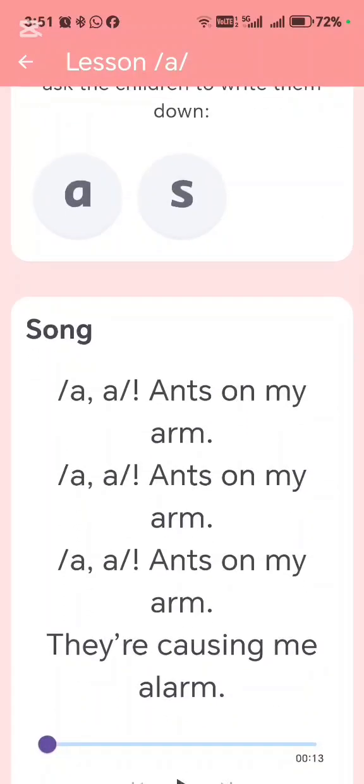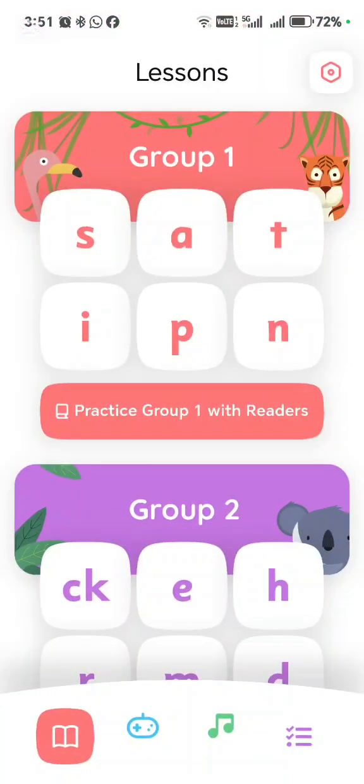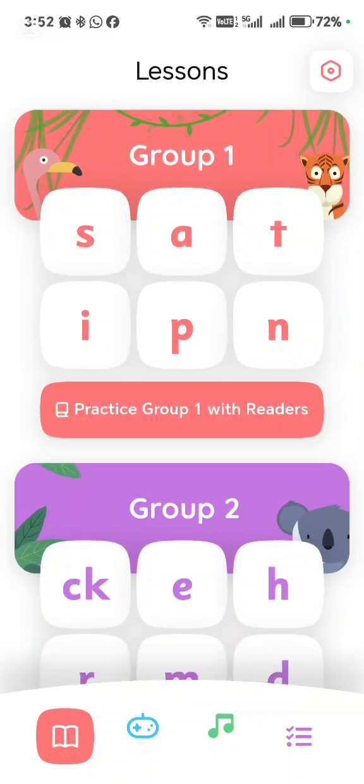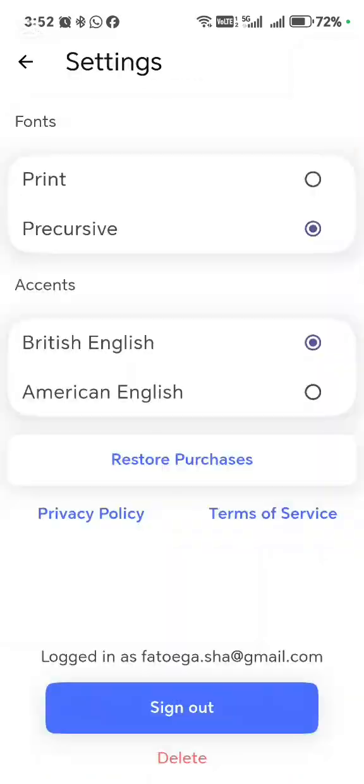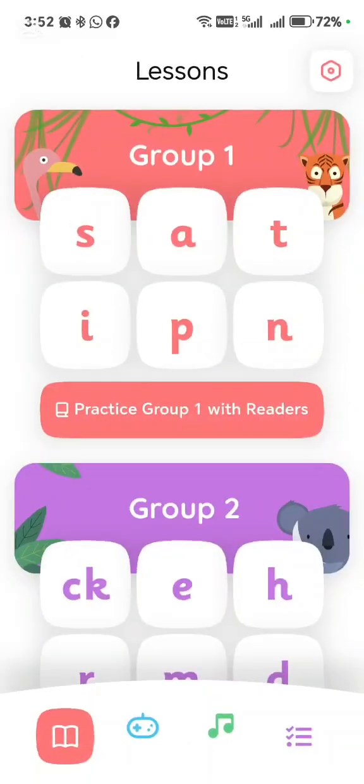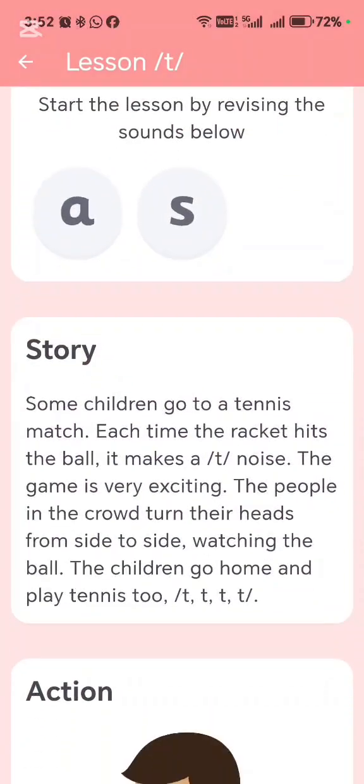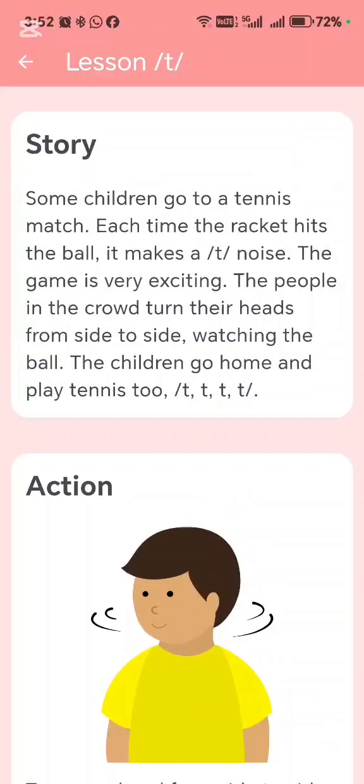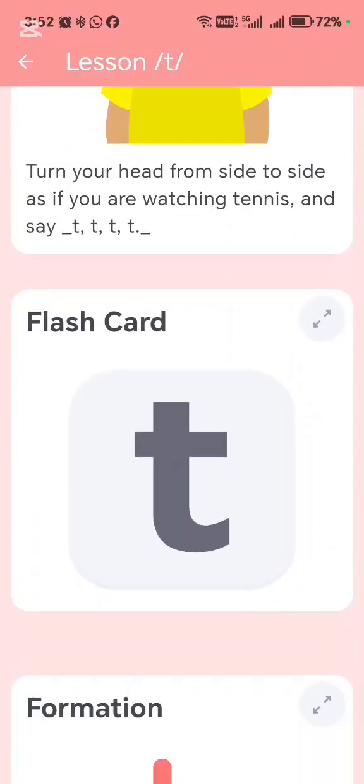Practice makes permanent. Heading back to get to the T sound. For the T sound, we will be swapping back to the precursive font. Now the T has feet, or that's what we call it. It has a little curve at the end, which we will find in our South African context. Revision, story, action, flashcard,